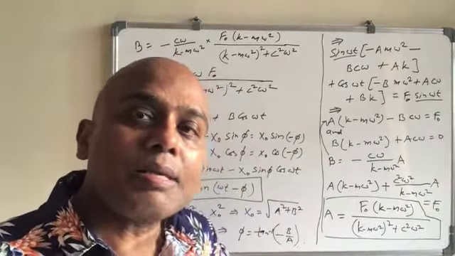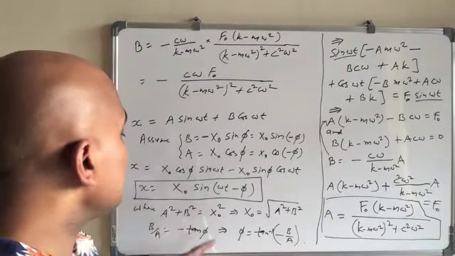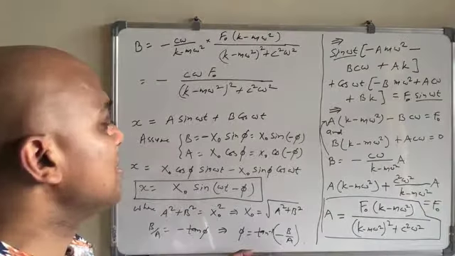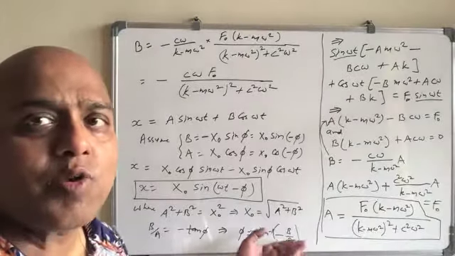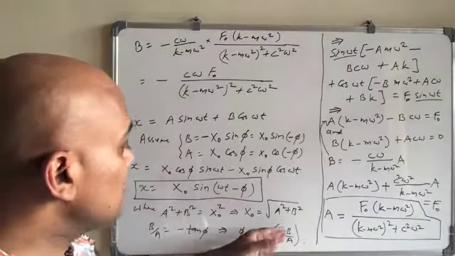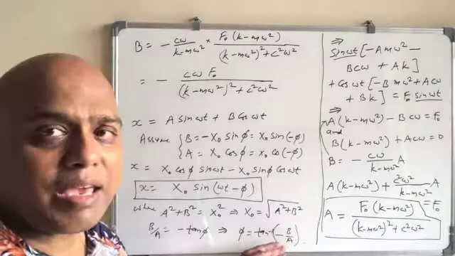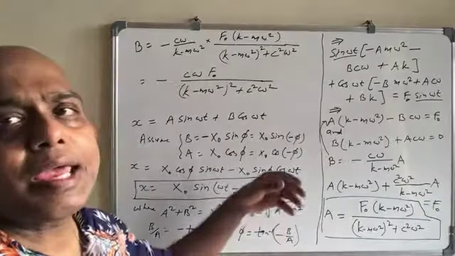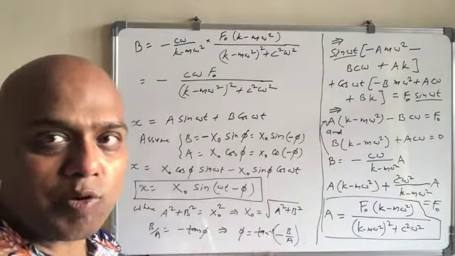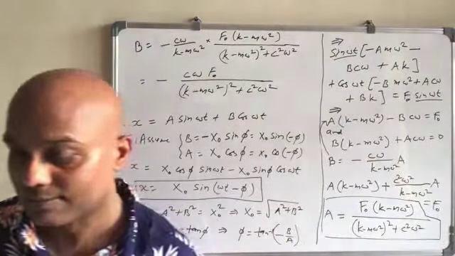Now let's simplify it further. So what do we want to do? Instead of writing phi equal to tan inverse of minus b over a, we should be writing it in terms of the known parameters. Although b and a are known, we want to write phi in terms of the system parameters m, k, c, or the frequency omega. So that's what we will do next. From there, we will get something out of it.